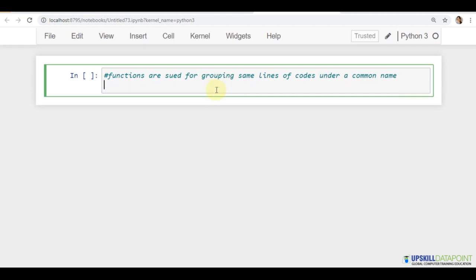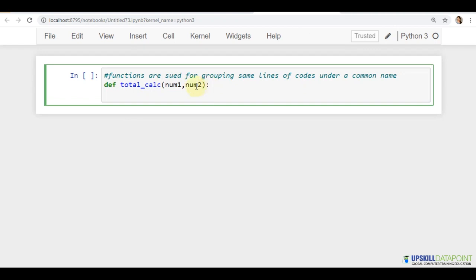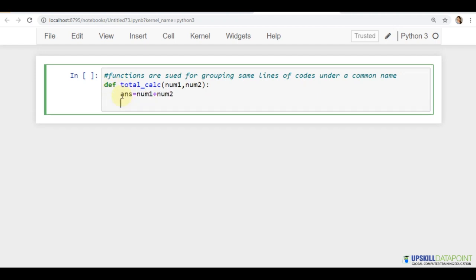So how do we declare a function? I'll start with the keyword def and give a name to the function. You should stick to the rules for naming variables. I gave it the name calci, and because I want two numbers, say num1 and num2. Put a colon. Now after you put a colon and press enter, you get a tab when you are writing the lines of code to be executed which fall under this. So here, num1 and num2.